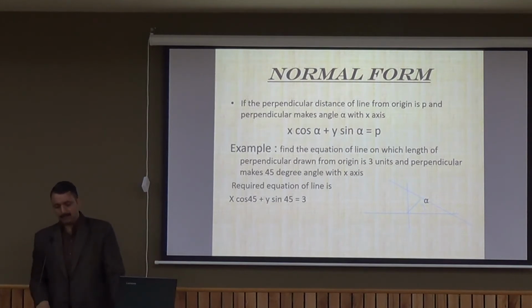If we take an example: find the equation of the line for which the length of the perpendicular drawn from the origin is 3 units and the perpendicular makes an angle of 45 degrees with the x-axis. So x cos alpha plus y sin alpha is equal to p. The value of alpha is 45 degrees, and p is 3. So x cos 45 plus y sin 45 is equal to 3. We know the value of cos 45 is